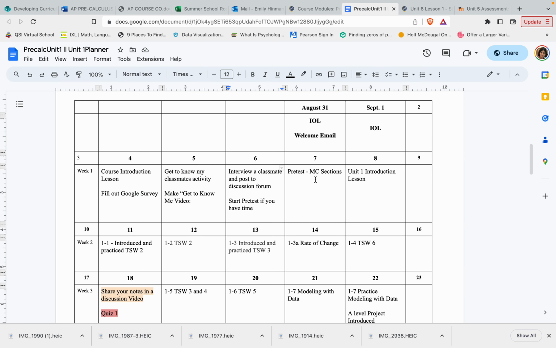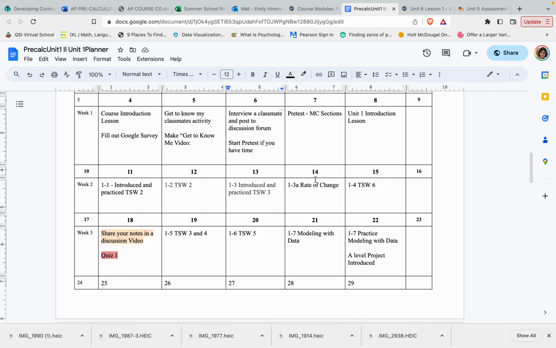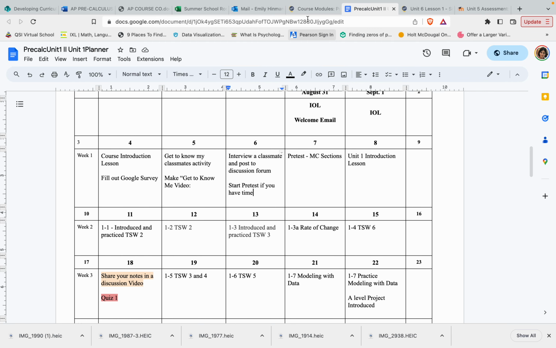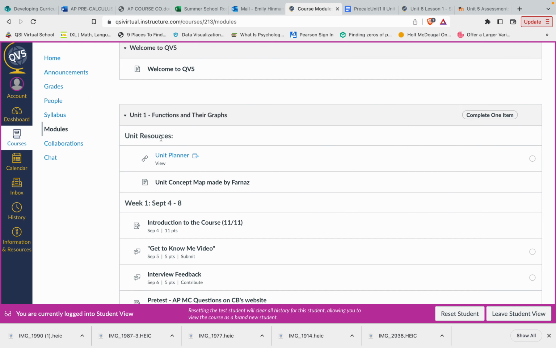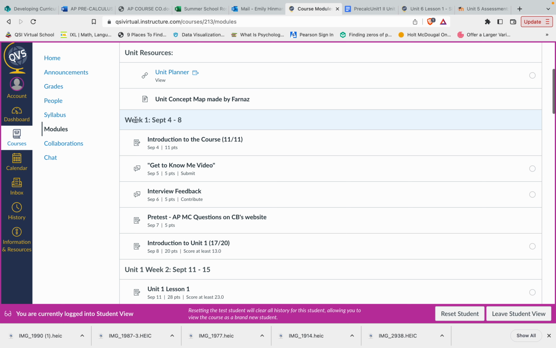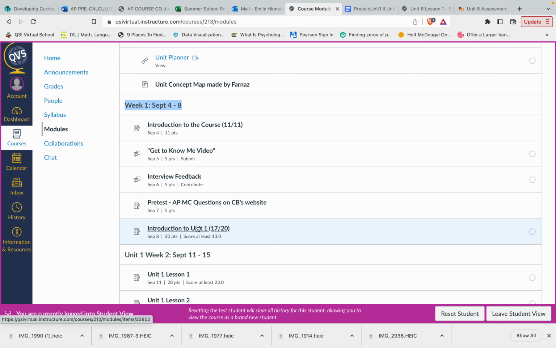which I opened here. I have every day outlined for you, so you can see this calendar here if you want to see how the whole unit works very easily. You can see I labeled it here for you, so here's what you're doing in week 1. All right, and what I want to show you here is how to use the calendar on Canvas, because this